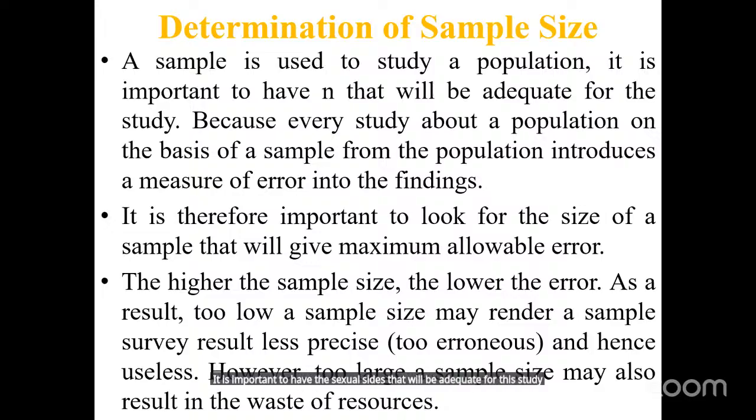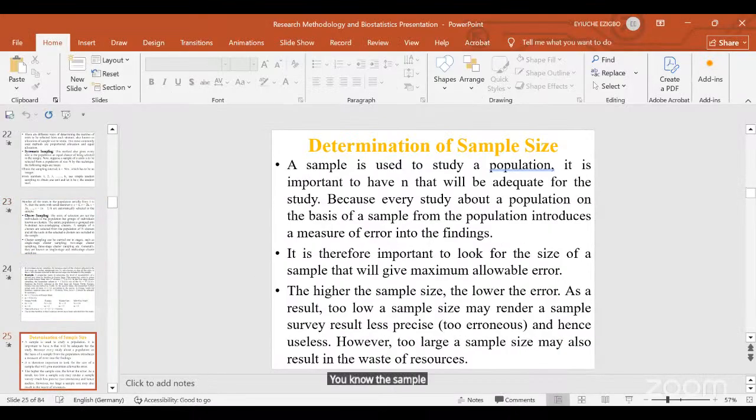This is because every study about a population on the basis of a sample from the population introduces a measure of error in the findings. No sample result is error-free. Did you hear what I said? There is no sampling result that is error-free. The reason is because whatever you are saying is on the basis of a sample, you have not